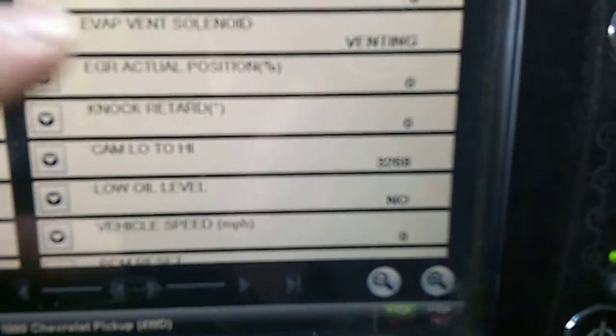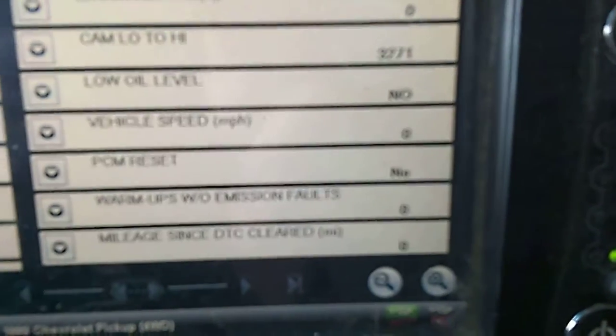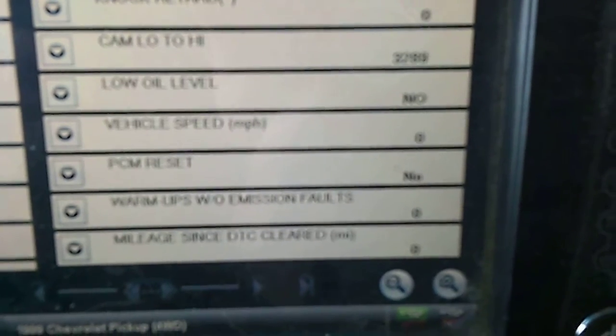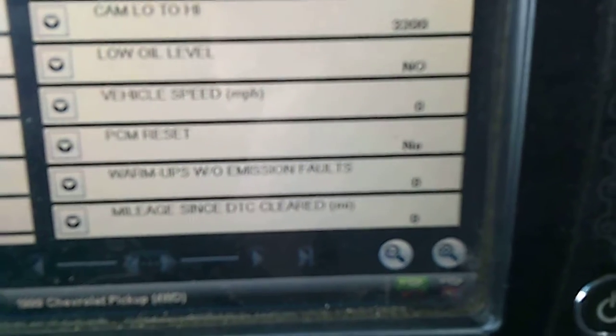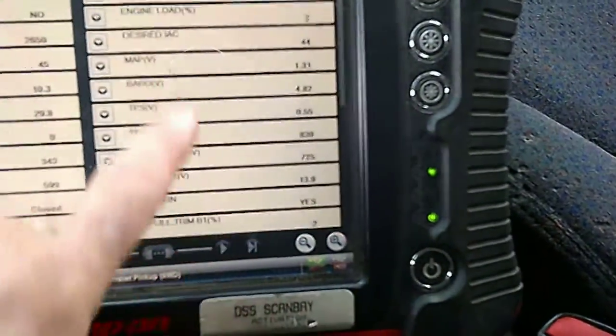There's our cam sensor information. Vehicle speed, we got our oil level, and some other stuff. Okay, so that gives you an idea of what you're looking at. Now I'm just going to show you this, but I'm not going to go through it like I just did. If we go back,